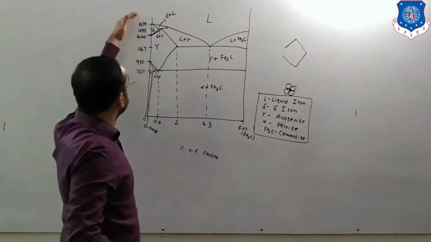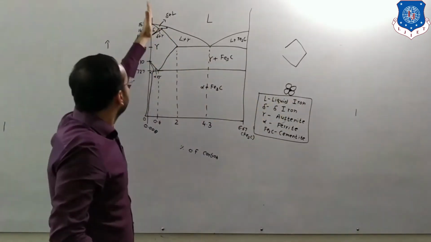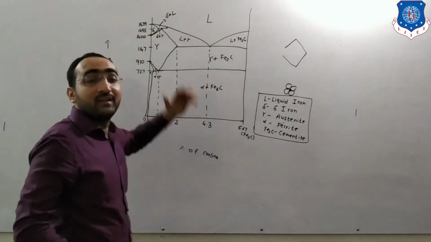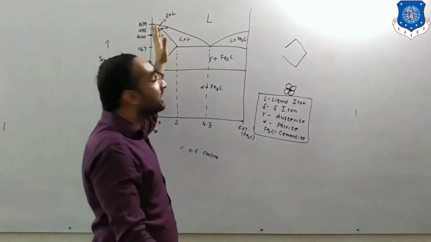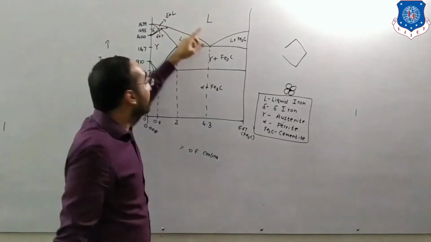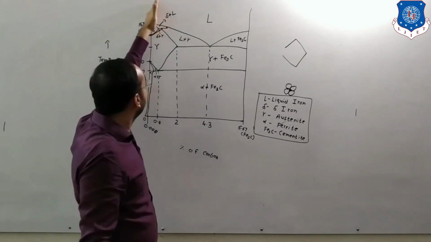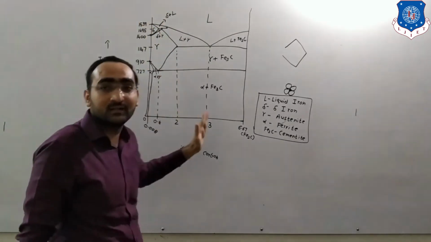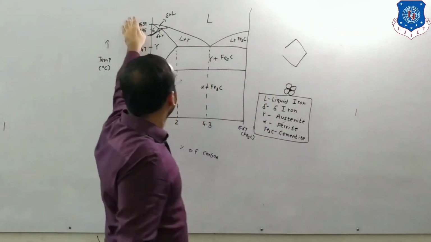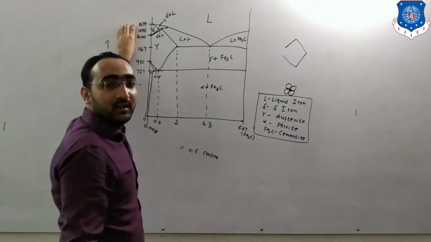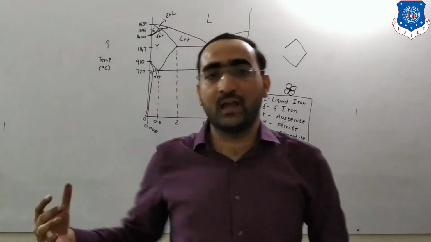Now you can see the 1539, above that there is a liquid part. So this is the pure iron part. So we can say that the melting point of your liquid is 1539 degrees Celsius, because before that it is liquid, and whenever we come below 1539, the solid state occurs. So that is the reason why we take the melting point of pure iron as 1539. So this was your fourth part of the diagram.